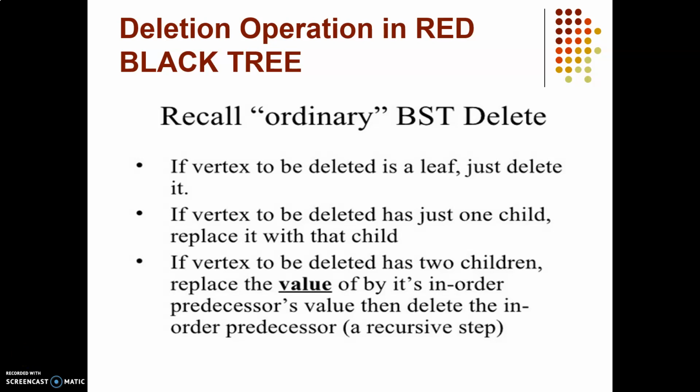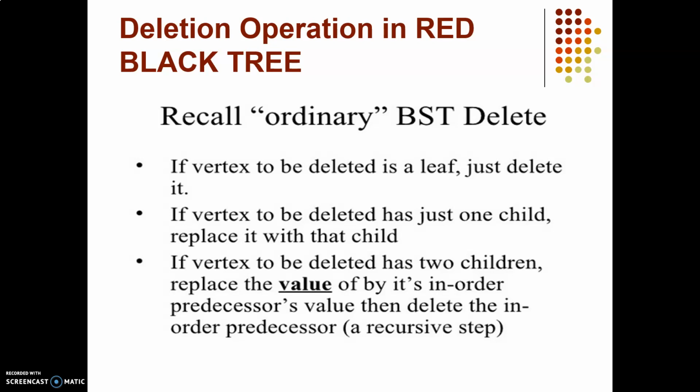Hello everyone. The next topic is deletion in red black tree. We have to do deletion in the same way as we do in BST. For example, if it is a leaf node, if it has one child, or if it has two children, after deletion we need to check the cases, whether it is a red leaf node which is deleted. If the red node is deleted, then we don't have any problem because it will not change my black heights, which is a necessary condition for a red black tree.